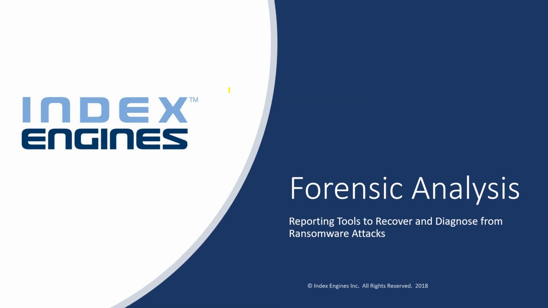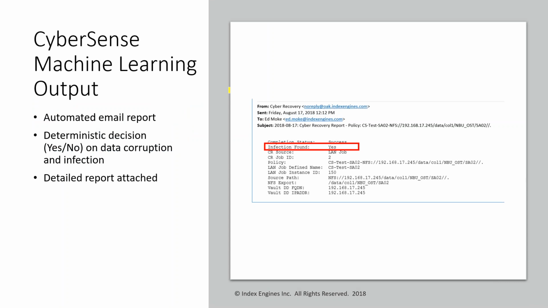So let's get into the forensic analysis tools. They're really reporting tools in the Index Engine CyberSense product that allow you to not only recover from an attack and replace bad files with the last good file, but also diagnose the ransomware attack and help determine what caused it. So in the CyberSense product, the machine learning output, so I mentioned earlier the red light, green light situation,